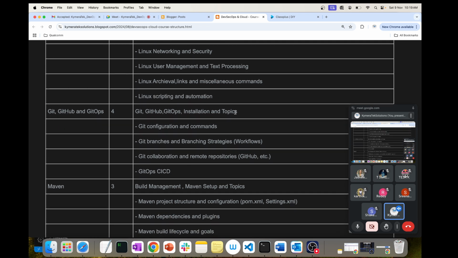So we are taking that as a source code management tool, and we are going to see the setup, authentication, authorization, and then branching strategies, basic topics like git stash, squash, revert, reset, all those stuff with live demos, not with hypothetical theoretical things. It is all proper lab sessions.